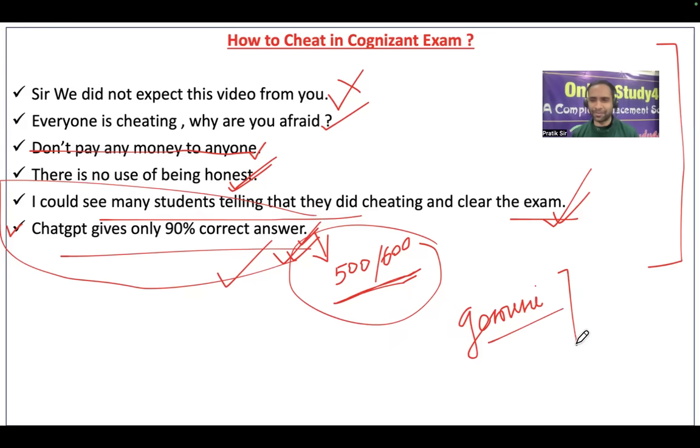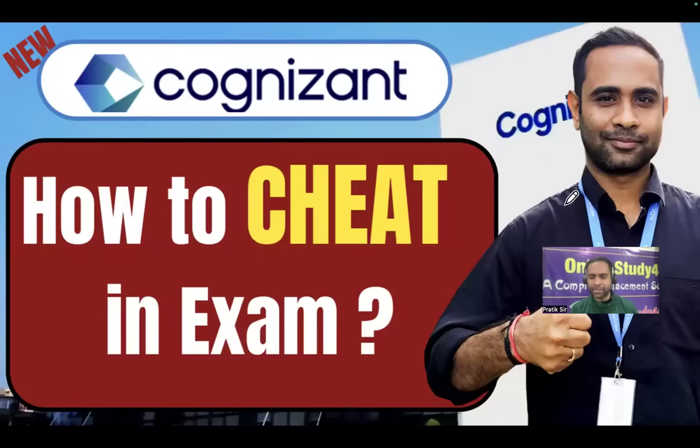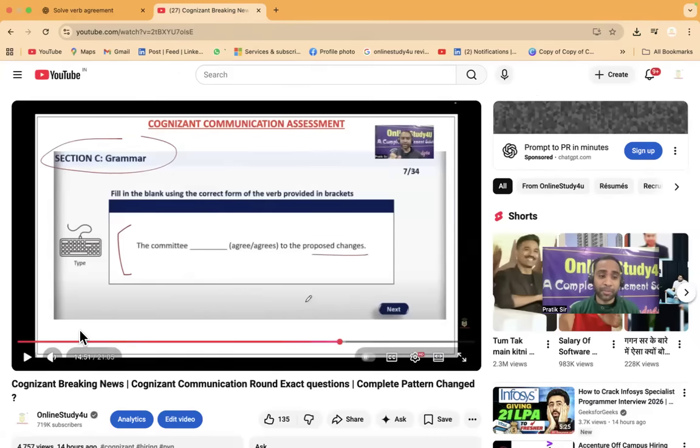See, you ask yourself, no, अरे भैया खुद से करोगे तो 50% भी करेक्ट नहीं होगा. So please utilize this kind of opportunity. Don't be behind, okay, and don't pay any money, I'm telling you, to anyone for helping you in the examination. Okay, so keep it very clear. And if the online exams are there, please go ahead, but for the communication round and all, please don't give your input to ChatGPT.